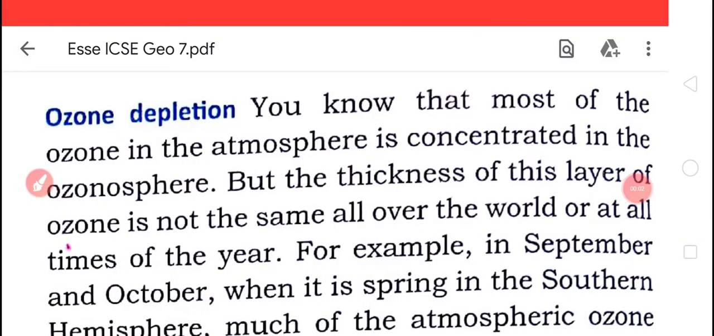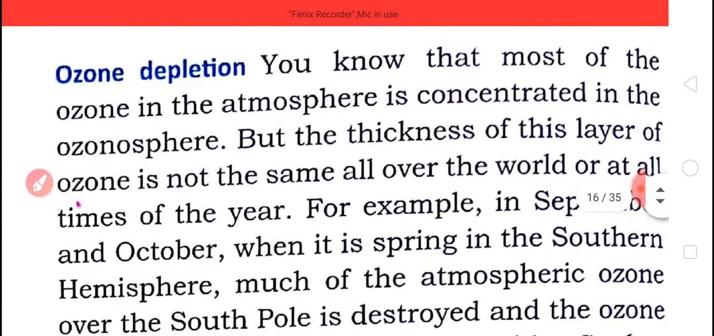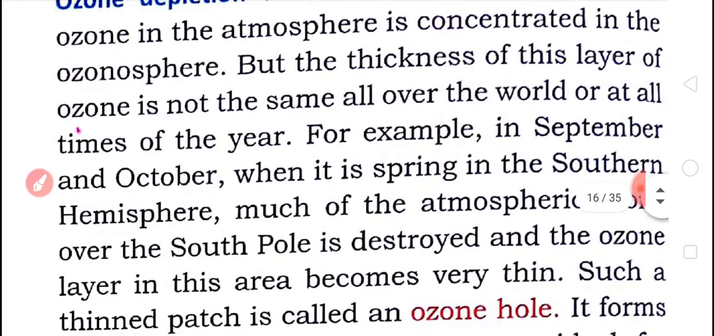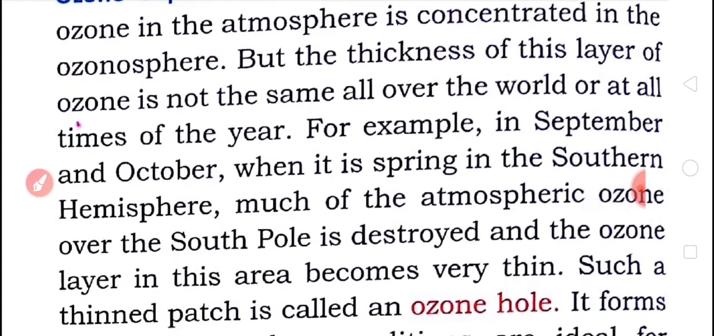So students, today we are going to learn about ozone depletion. You know that most of the ozone in the atmosphere is concentrated in the ozonosphere. But the thickness of the ozone layer is not the same all over the world or at all times in the year. For example, in September and October,